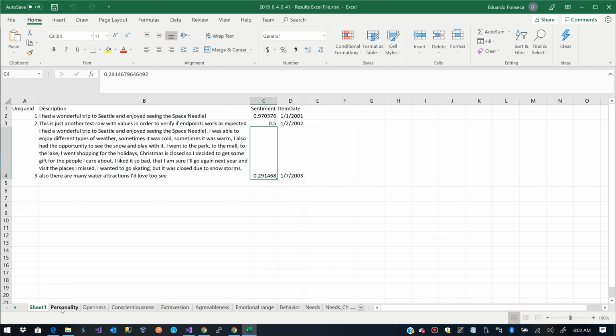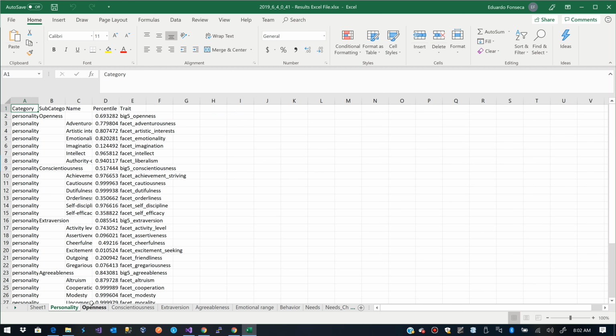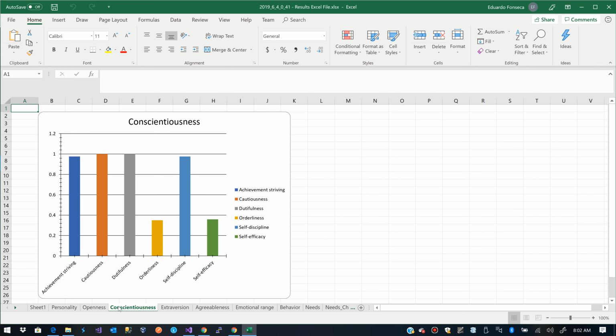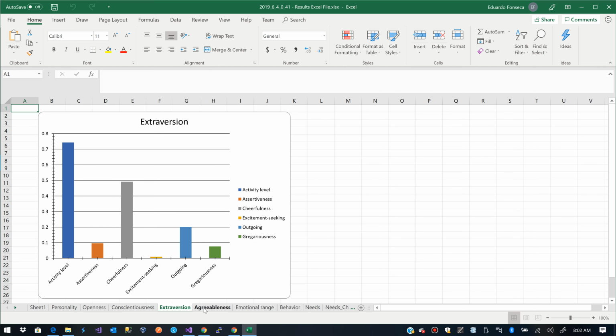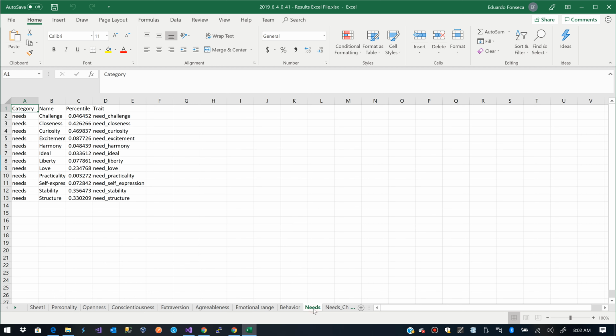Then we have some hints on personality based on these three values. So based on these three values or texts, it infers that there is like a 0.77 of adventurousness, 0.80 for artistic interest. You have similar charts for conscientiousness, extroversion, agreeableness, emotional range, needs,